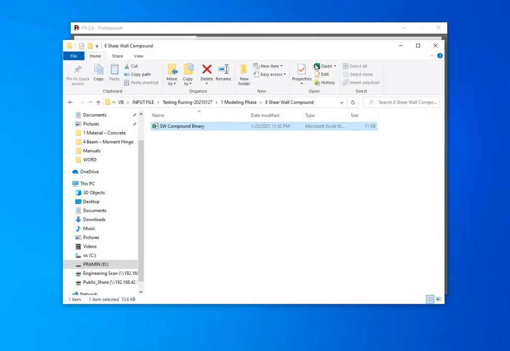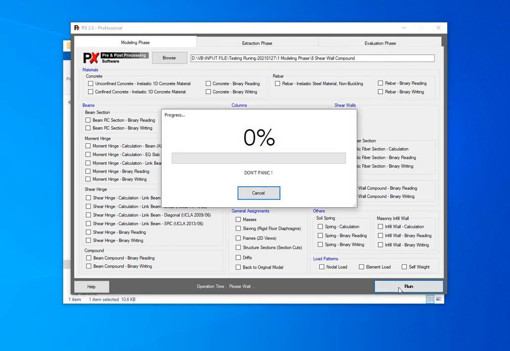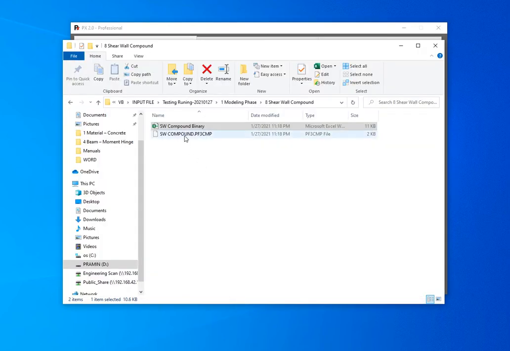To do this, copy the path here and click to write the binary here. PX will generate the binary file for the compound of shear wall.